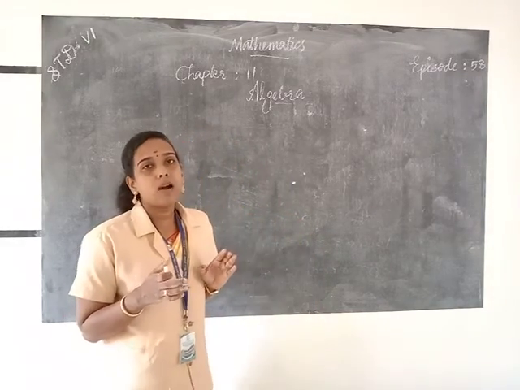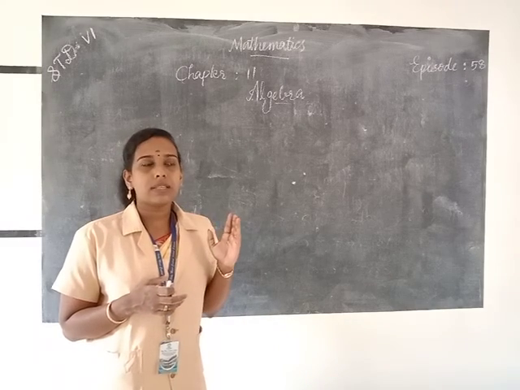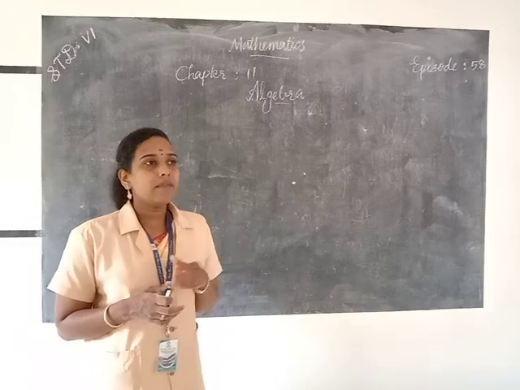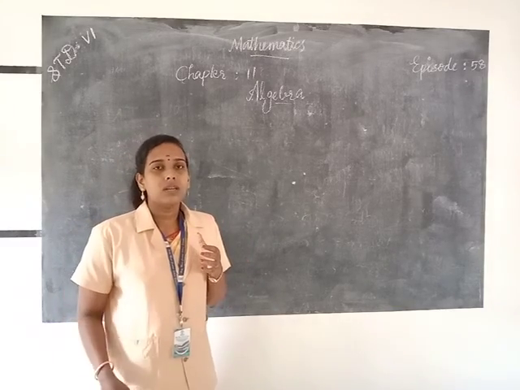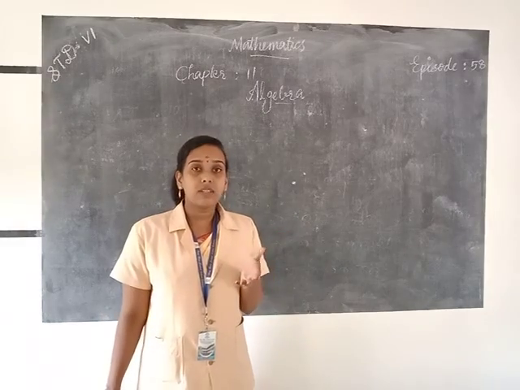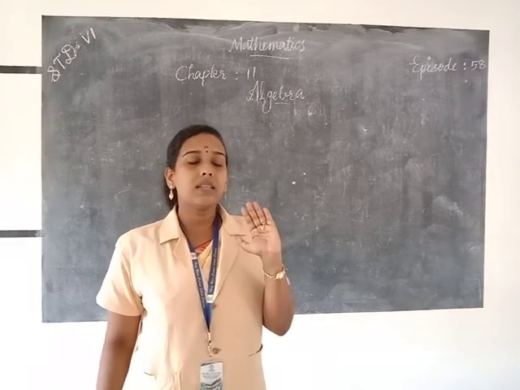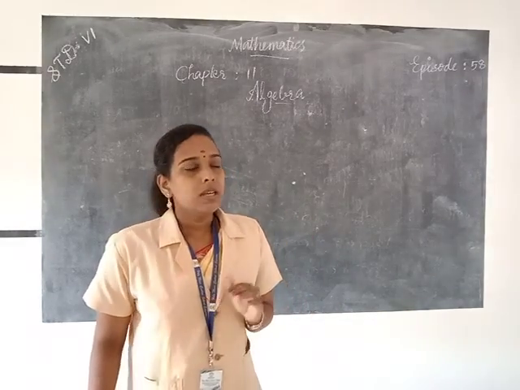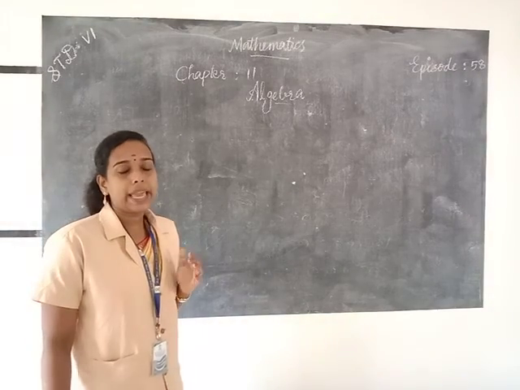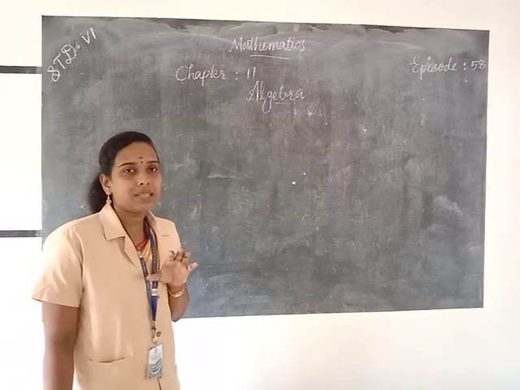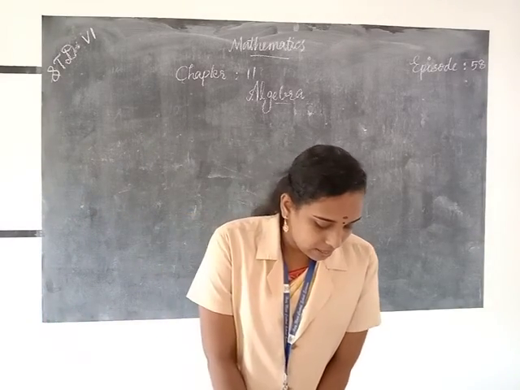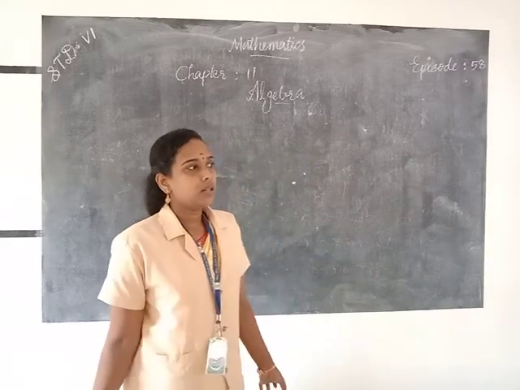We studied how to find the perimeter of a square, a rectangle, an equilateral triangle, and so on. Then we already learned about the commutative property of addition and multiplication, and the distributive property. So let's learn how to express these properties in terms of variables. The first one is the perimeter of a square.